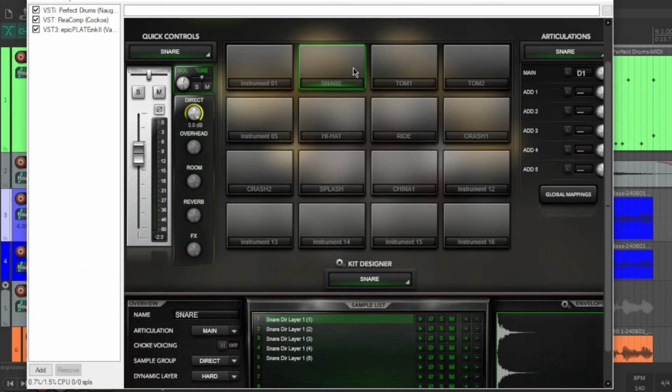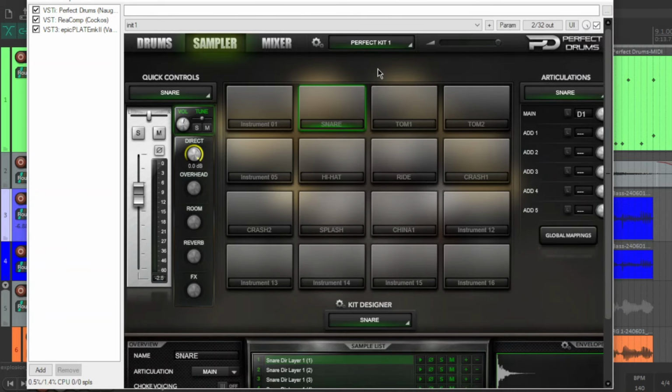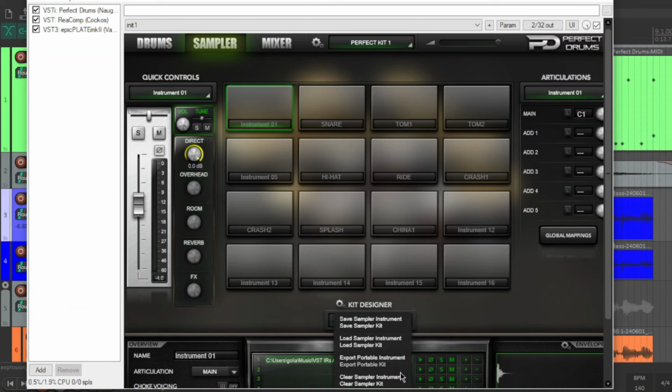So most of the kit, they're all the pieces. They are just as they are. I haven't done any individual processing on these sounds. This is just totally stock. But I wasn't enjoying the kick drum, so I deleted it, which you can do here. You just click on there and you say clear sampler instrument, or you can clear the entire kit if you like. But I just wanted to get rid of the kick drum and replace it with something a bit more